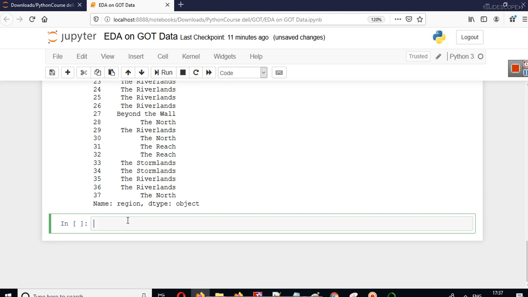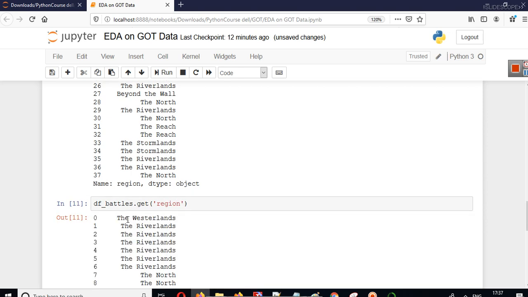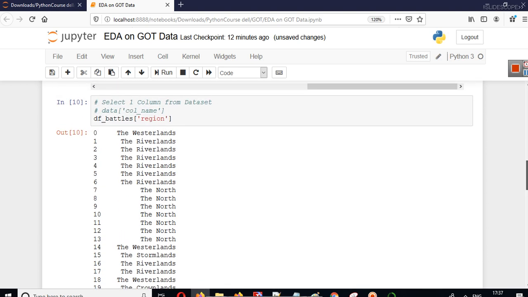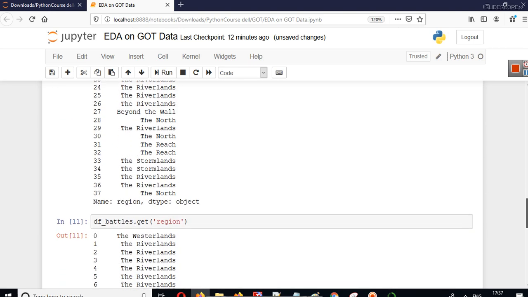Now, there is another way. Write your df underscore battles and write dot, and you can use get. Get is a method in the pandas library that can be used to get any particular column. Let's say we have got region here. Again you will get the same data. So either you can use df battles region, or you can use this.